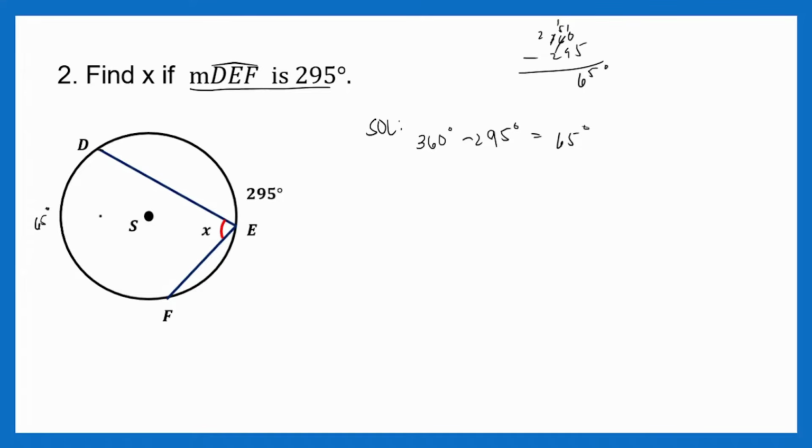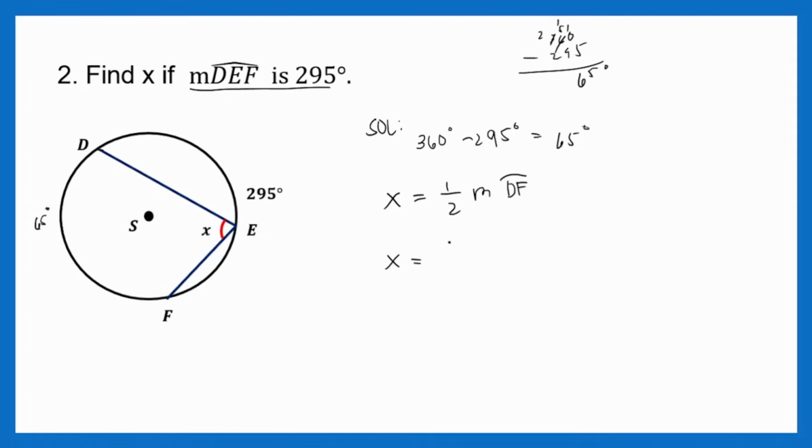Tama? Now, kung 65 degrees yan, alam natin na ang kalahati ng 65 ay x. Then, divide mo lang to sa 2. Then, you can get the value of x. Alright? Pero sige, let's have working equation para sa complete solution ninyo. So, yung x, magiging siyang 1/2 nitong DF. 1/2 ng measure of arc DF. Ayan. So, ito kasi yung DF. So, kalahati nitong DF ay yung measurement ng x. Kaya ganyan ang working equation natin.